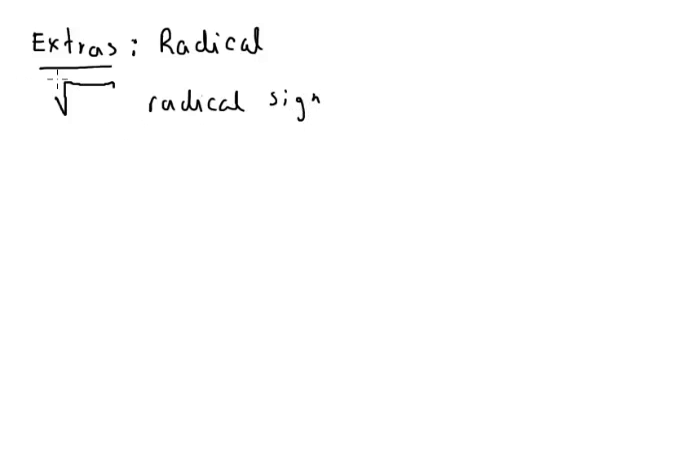And normally there's a number there, or nothing. If there's nothing there, we assume the invisible number there is 2. And then you get a square root of x. Now, what is important, I think I discussed this briefly when we were talking about exponents. When you talk of a square root of a number,